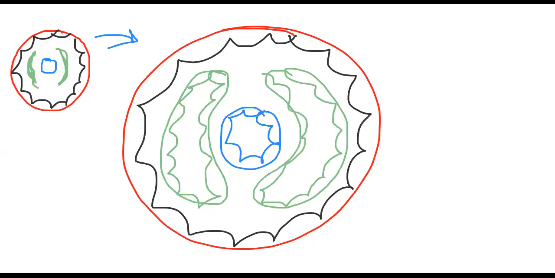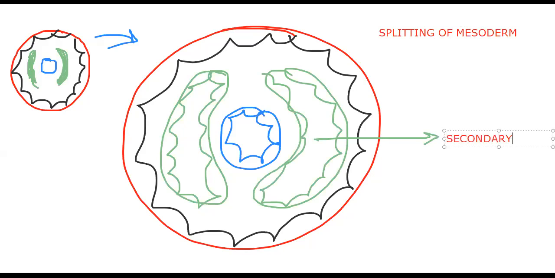Haven't you seen the difference here? They divide, and then they split. That is the key word to understand, and that's why I drew this diagram much bigger. So what has happened? Splitting of the mesoderm. Why is it the keyword? Because of the splitting, a new cavity appeared. Have you seen that new cavity? That new cavity which has appeared is called the secondary body cavity. Where has it appeared? In the mesoderm. By the splitting of the mesoderm, a new cavity appeared.